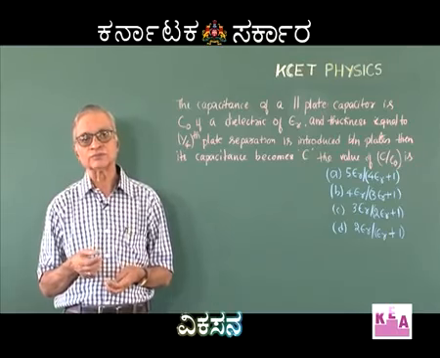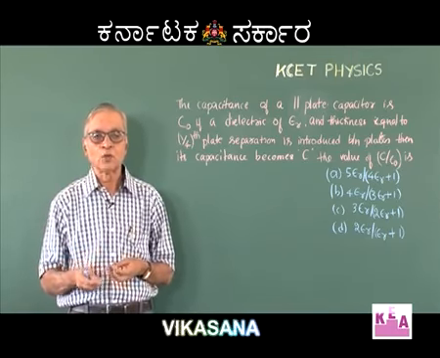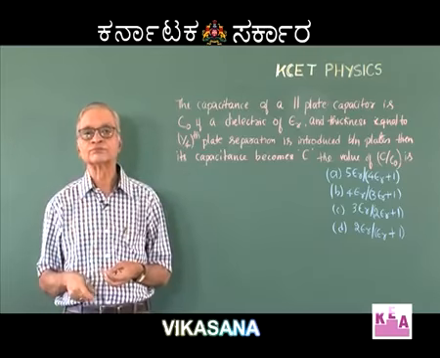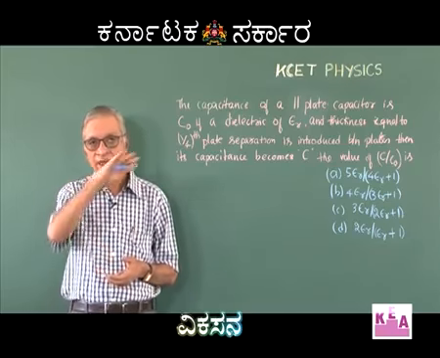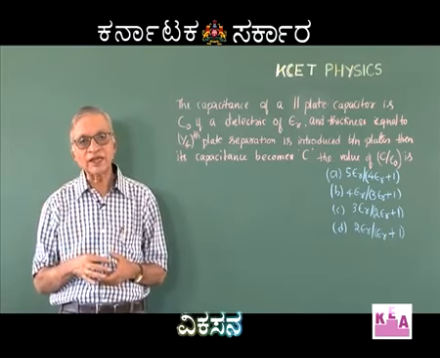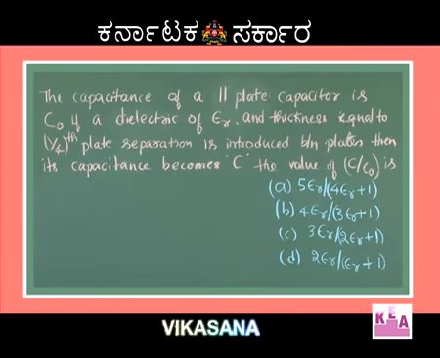In the previous question, I have considered when the division is vertical. Now, I will take up one question where the division is horizontal. Let me read the question first. The capacitance of a parallel plate capacitor is C0. If a dielectric of constant epsilon r and thickness equal to 1/4 of the plate separation is introduced between the plates, then its